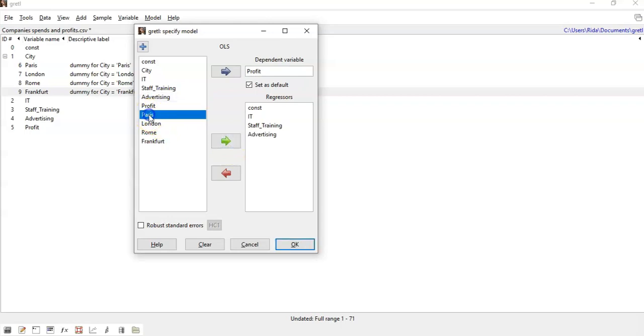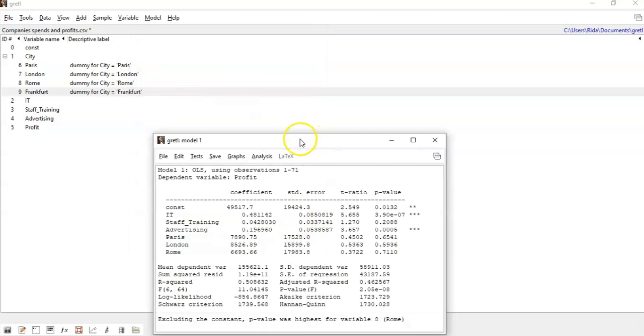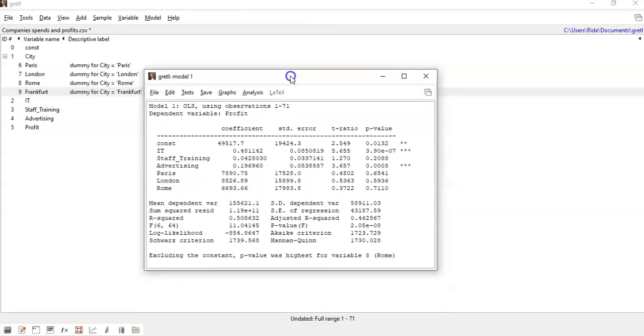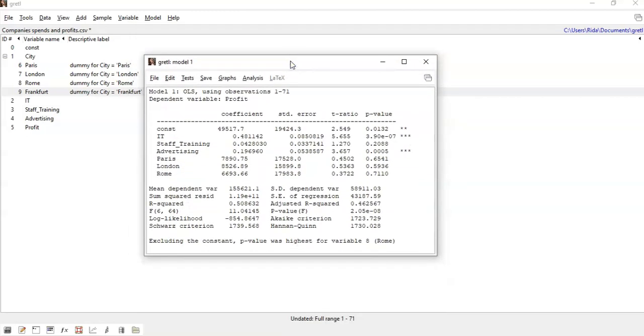Then now we got four dummy variables, and as I mentioned, we should select n-1. So we have 4 and minus 1 is 3. So I will select the first 3. You are free to select any 3, but if you want to get the same results as mine, you can select the ones that I'm going to select, which are Paris, London, and Rome. And click on OK. And here we go. We got our regression model created. Let's have a look at